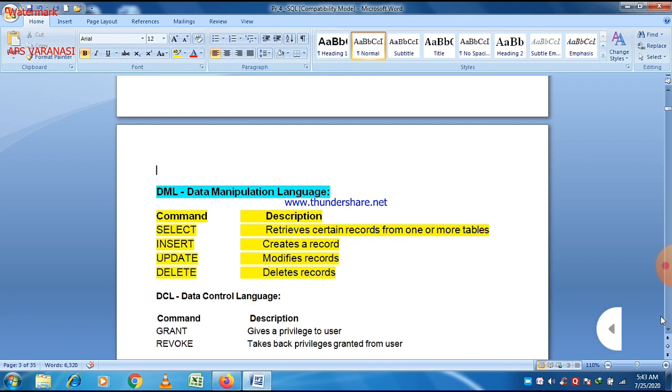So the last is delete and drop. I think now delete is also clear for all of you. If you want to delete one record, or delete certain records on the basis of certain conditions, or delete all records, then we can use the delete statement. And using the delete statement we are able to delete the data of a table. So delete is basically a data manipulation language command, of course, but don't confuse between drop and delete.